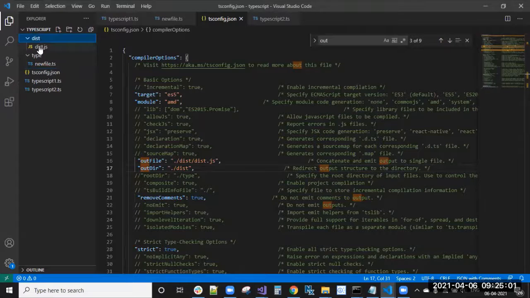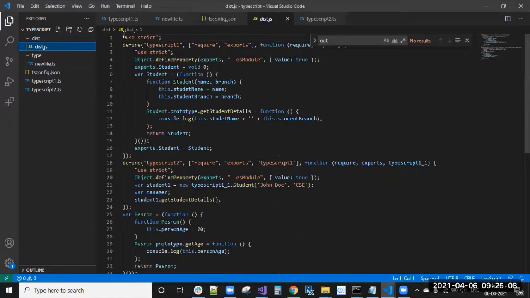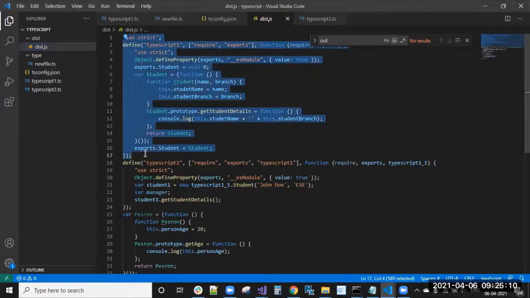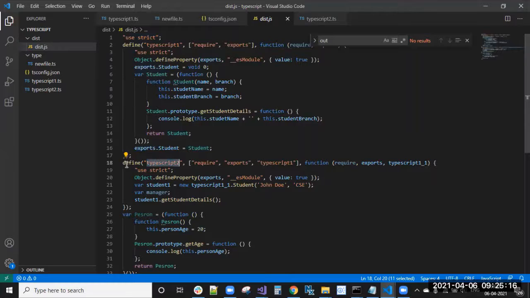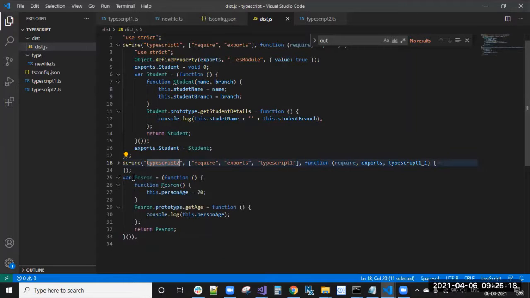Now I have dist.js only. You can see here, nothing else is there. In the dist.js only, you can see here, this is for which one? Student means TypeScript 1. This is for TypeScript 2. And this is for our third one, that is new file.ts.